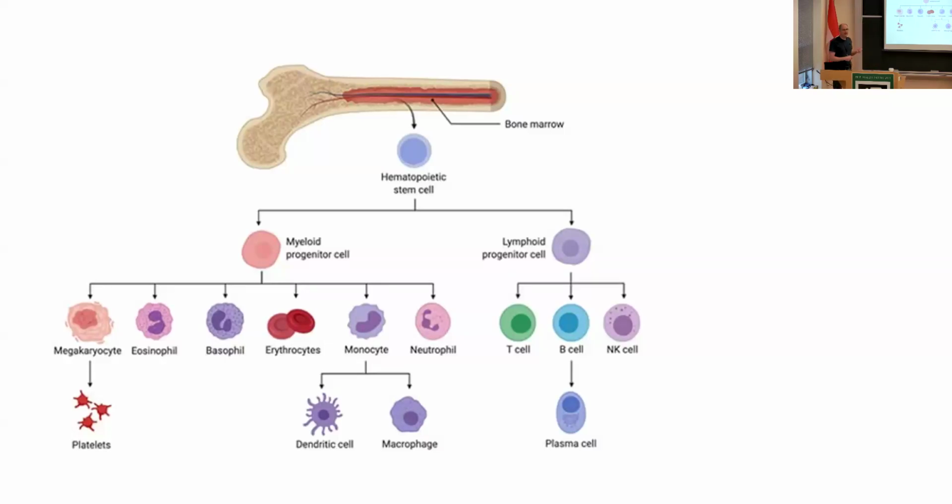So there's a very clearly defined differentiation hierarchy in the hematopoietic system, and it's been worked out pretty well experimentally. So we know what the cells are doing, and we know quite a lot that is very useful for model